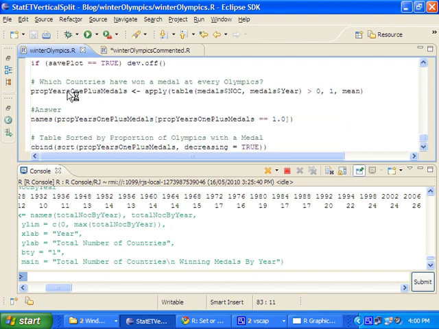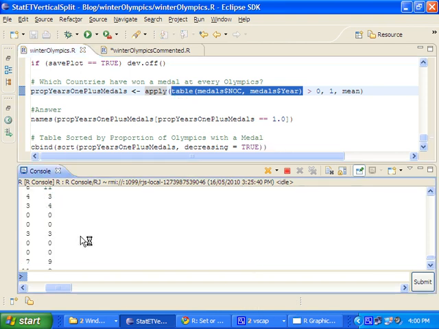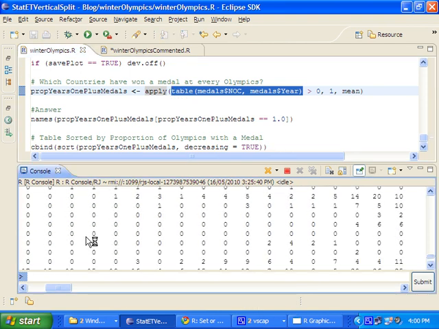Okay, last few questions we might ask is which countries have won a medal at every Olympics? And so what we have here is a table. It's a cross tabulation of country and year.